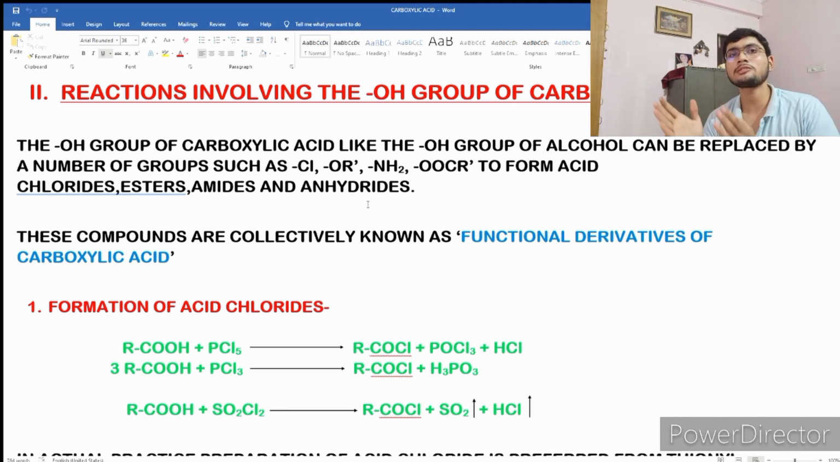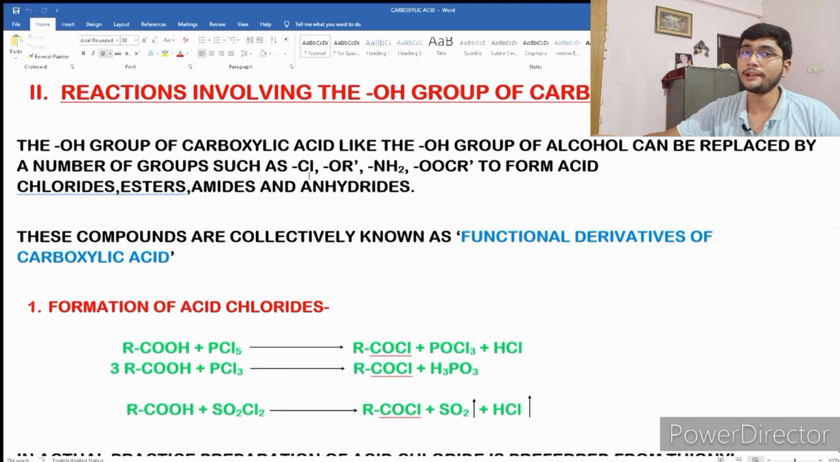Yes, you see the carboxyl group is made up of a carbonyl group and the OH group. So if we replace the OH group with different groups, like with chlorine, with the OR group, with the NH2 group, there will be different types of compounds formed. And these compounds are known as the functional derivatives of carboxylic acid. They have specific names also, like you see, when you replace the OH group with a Cl group, you will get